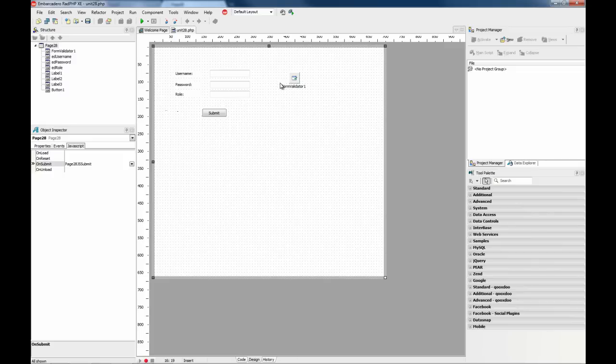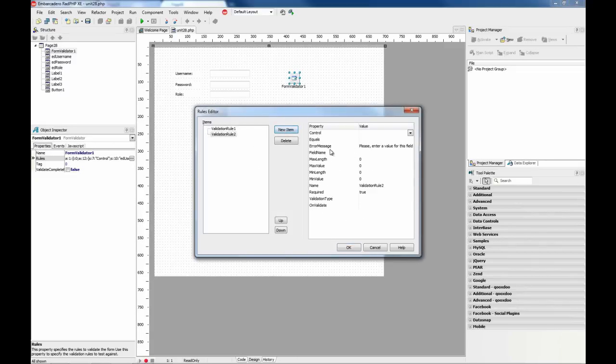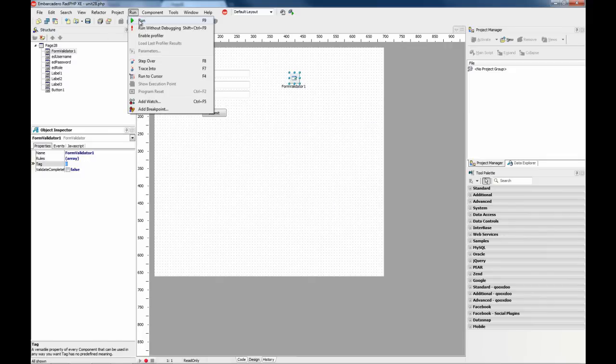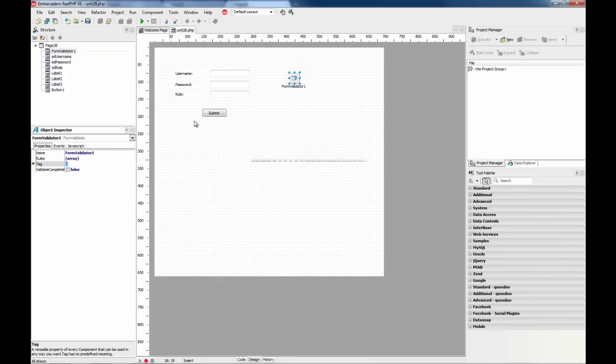I'm going to add a new rule, and this one is going to be for the password. I'm going to choose a validation type. For example, this is only a sample, I'm going to require the password to be an email. Okay, so add the rule, run. Now I get the first rule satisfied, and for the second rule